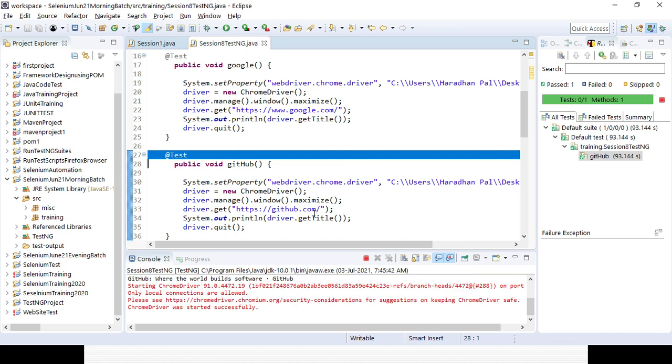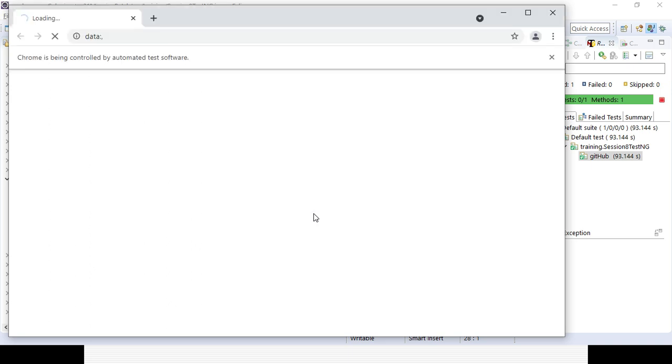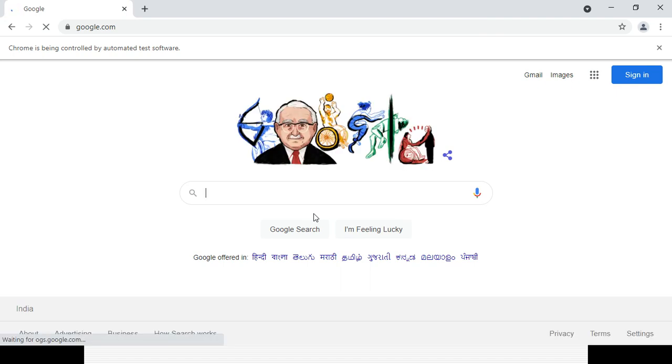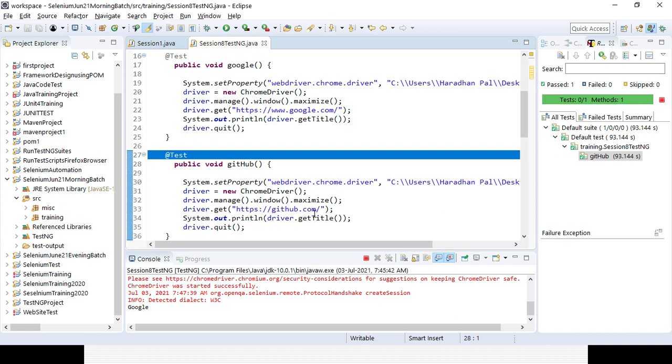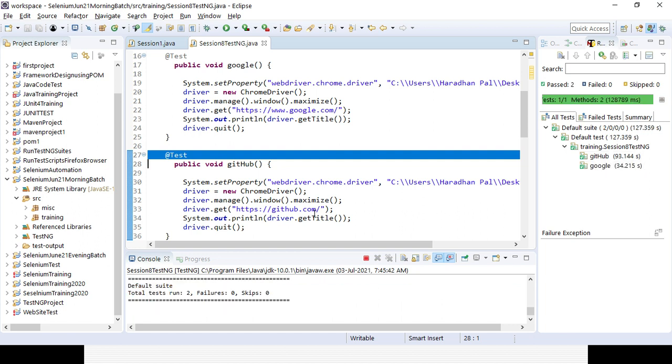Okay, you can see here your project is in green status, right? The GitHub method was already successful, right? In the right pane, one test out of one is successful and it is opening the other one. So it will open the browser, maximize the browser, and provide the URL for the Google page. Once the page is fully loaded, it will quit the browser. Okay, so it is quitting. So both my test cases have successfully passed, right?